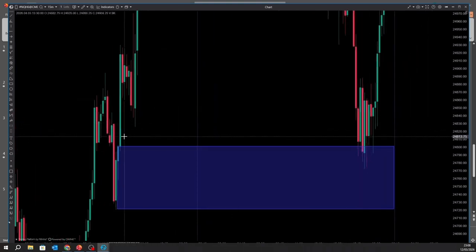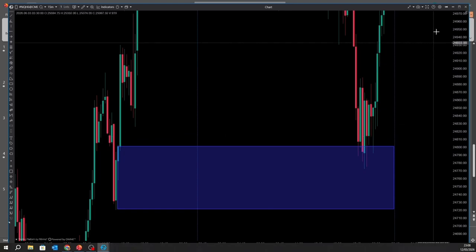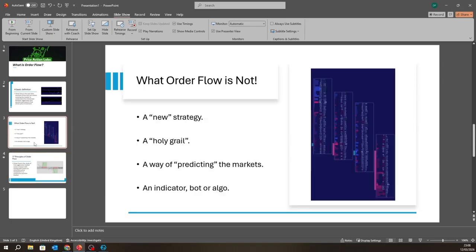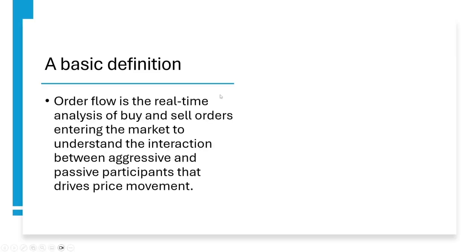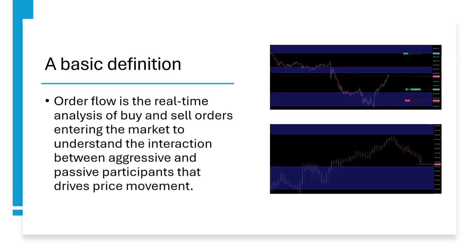Because fair value gaps don't mean anything. So in 2026, fair value gaps don't mean anything. Sweeps don't mean anything. Nothing means anything, right? All you're looking for is, so I'm going to finish on this definition, you are looking for a real time analysis of buyers and sellers, right? And that is applicable only from